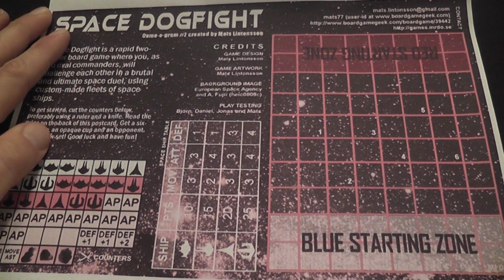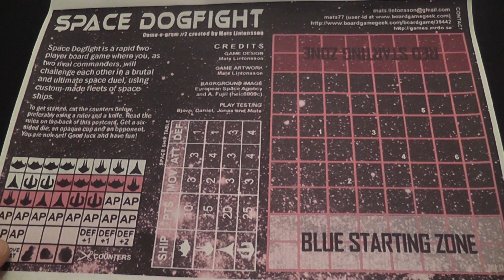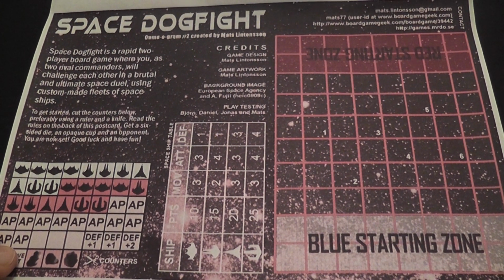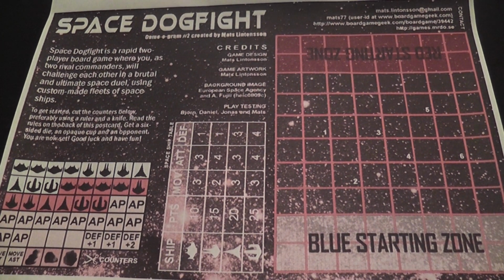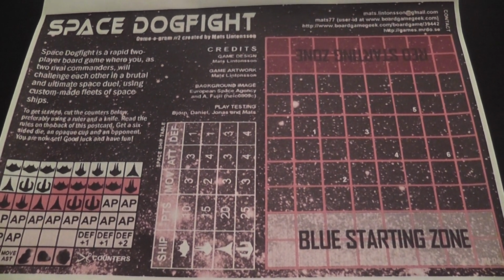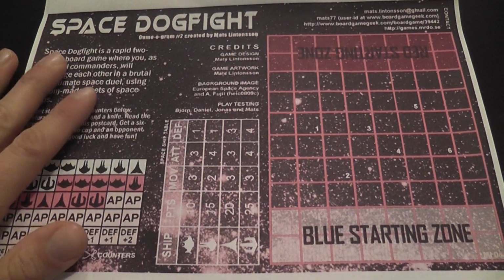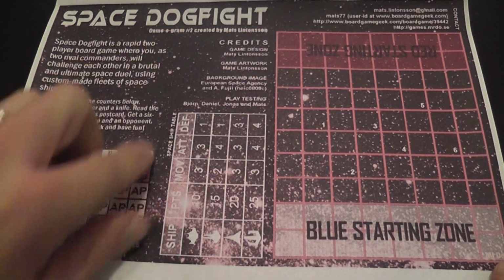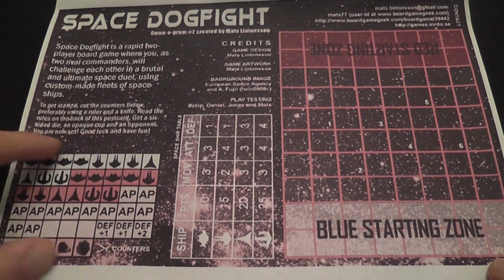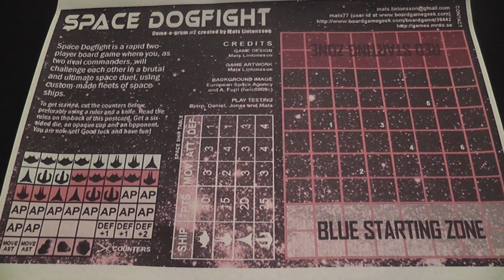Space Dogfight is a light, simple sci-fi war game that is available online for free to print and play. So you simply download the design and then you can make your own copy. And it's very light in the sense that there is only a single page with all of the components of the game. This is the board, this is a chart that you use for the stats, and these are the counters. You will need to cut, mount, glue them on a cereal box, cut them,